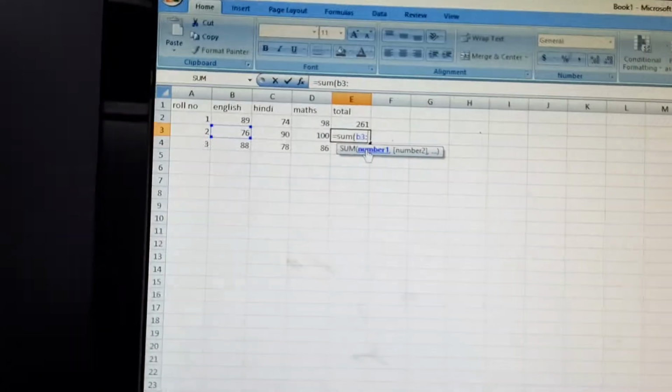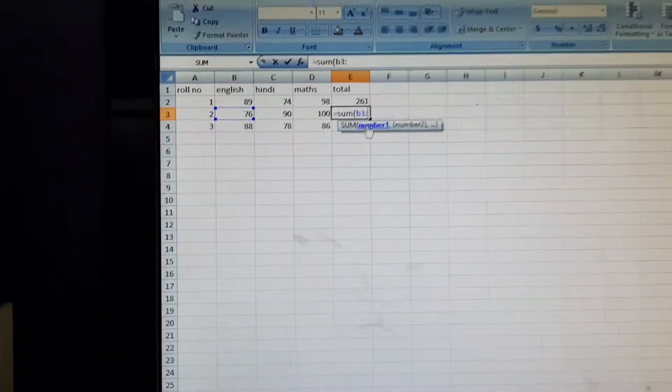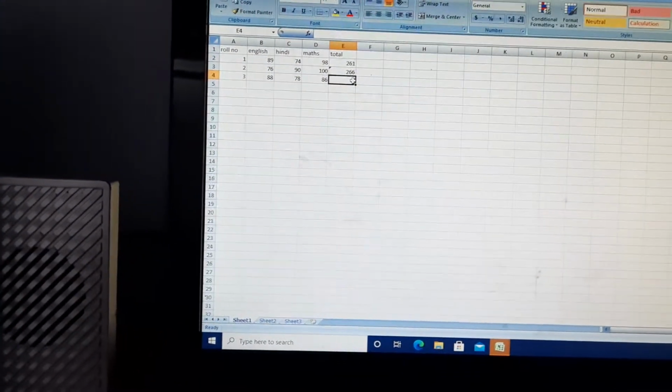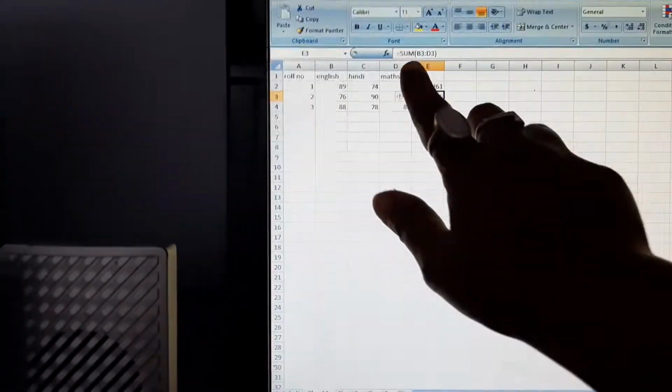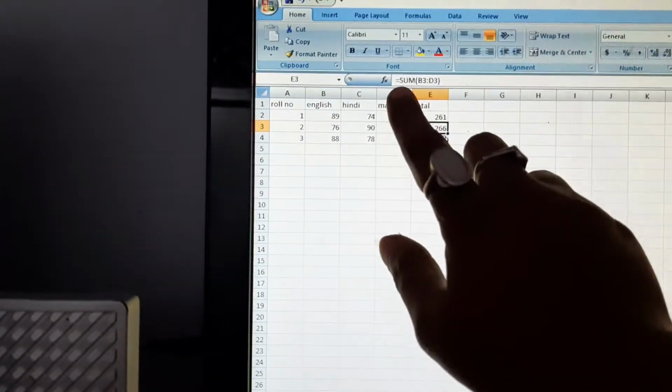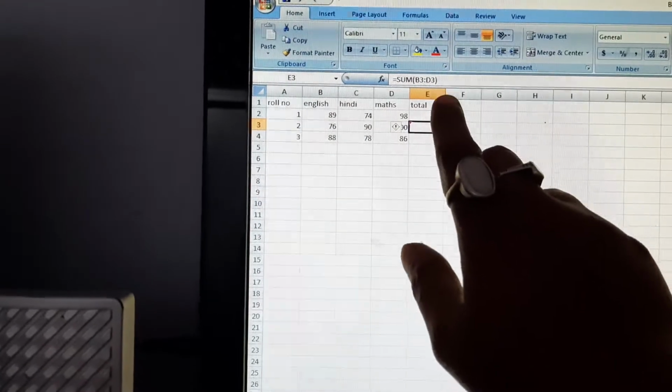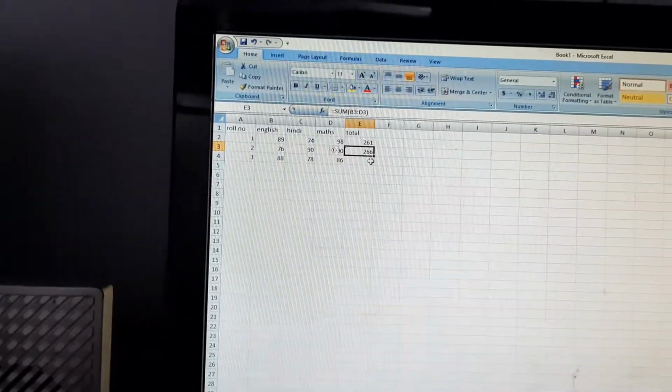B3 colon D3, we are using the colon sign. See, it is all selected together, and now close the parenthesis and just enter. See, you can see the formula: equal to sum B3 colon D3. This is the range of the cell.